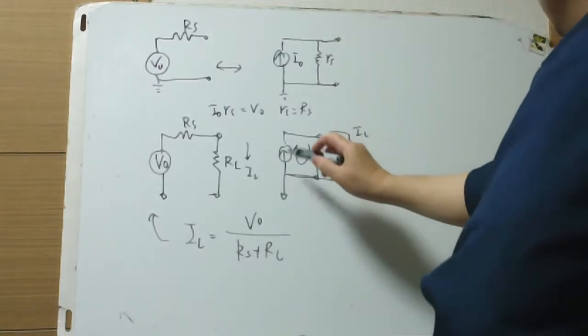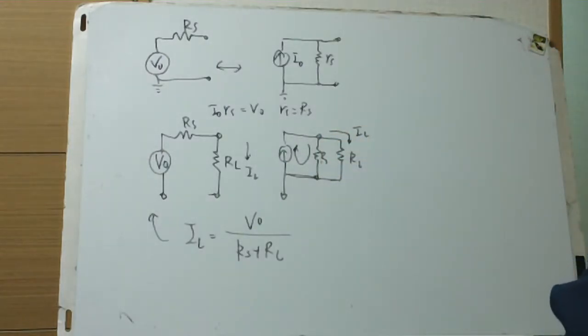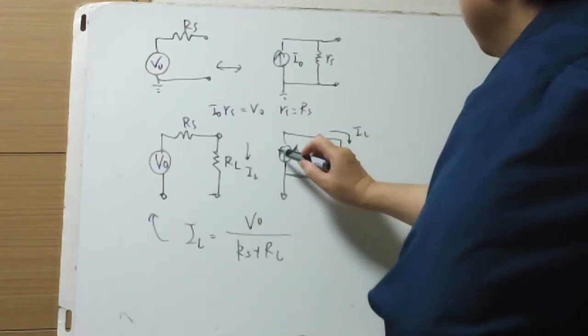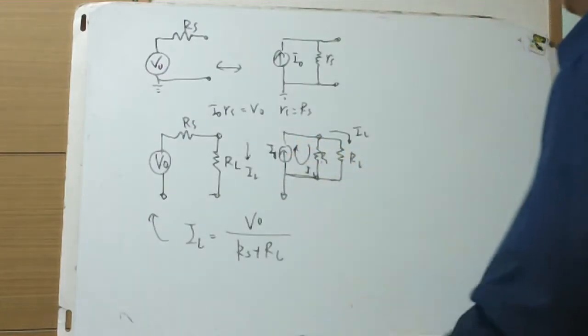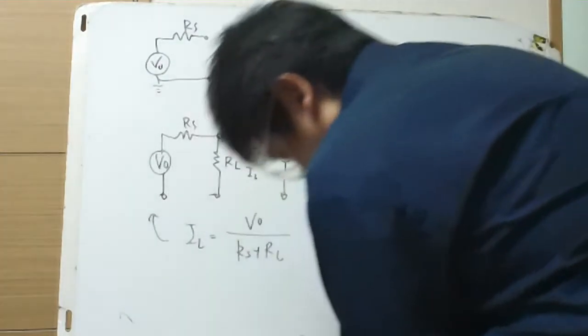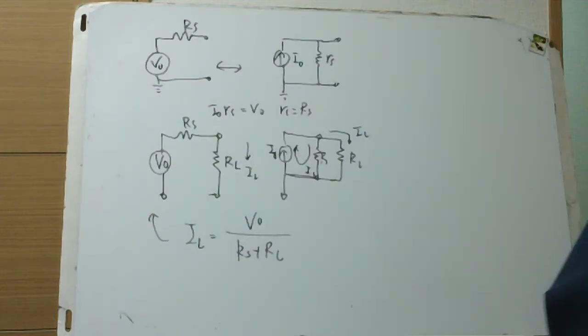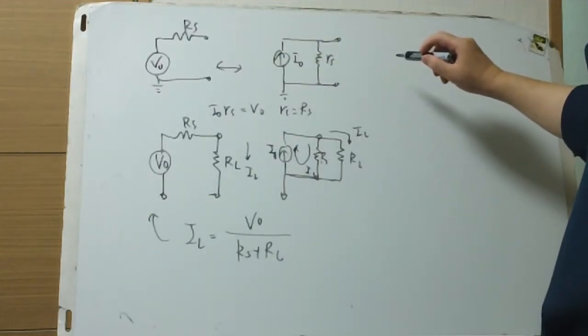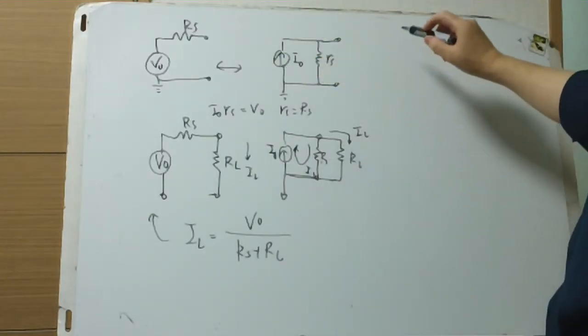And this current is not looping through, and I0, I1, and this is I0. So check again if that's okay. And if these are okay, we use Thevenin equivalence to